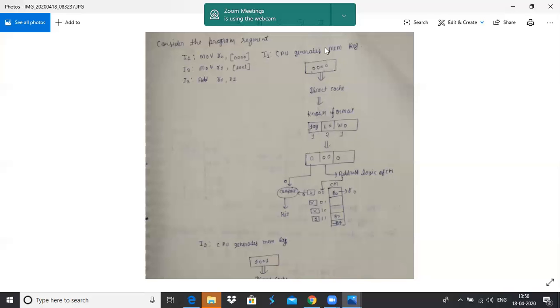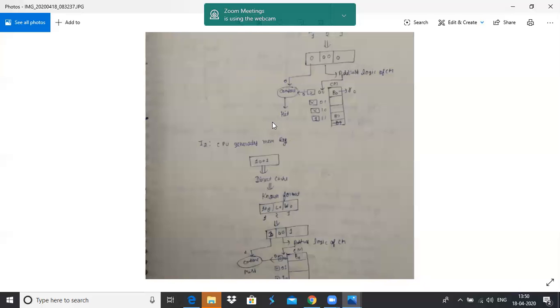First it will search in the cache memory. If the block does not exist in the cache memory, then it will be searched in the main memory, and the block will be transferred from main memory to the cache memory.